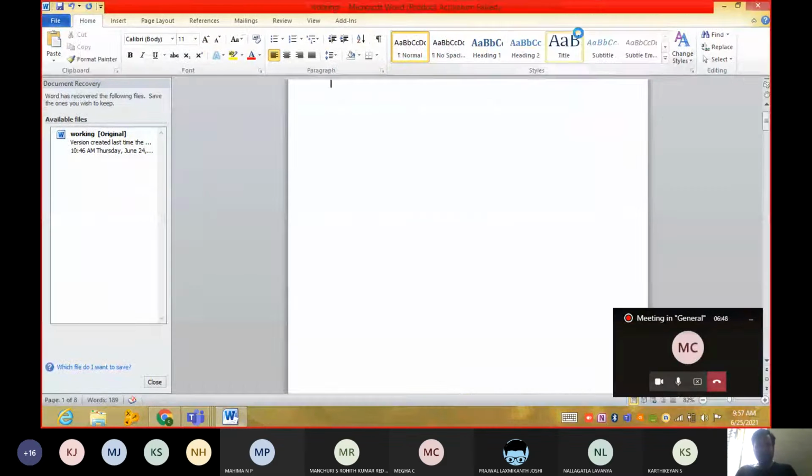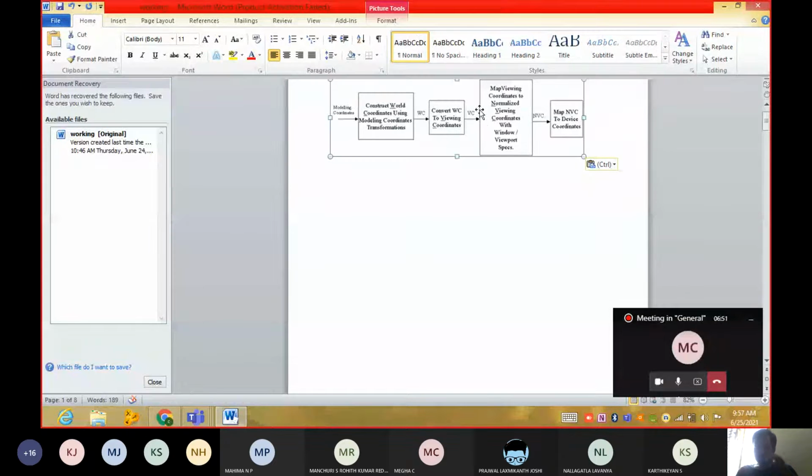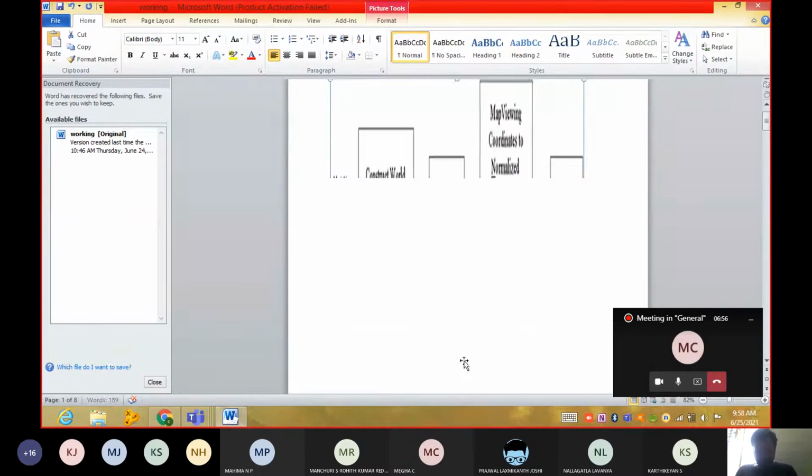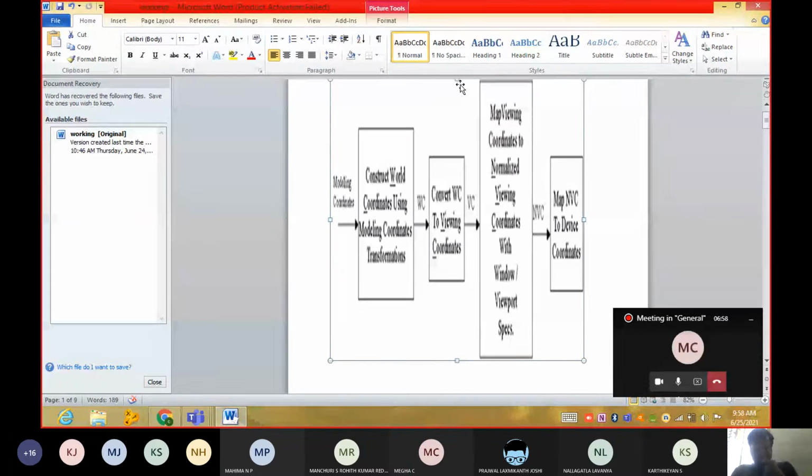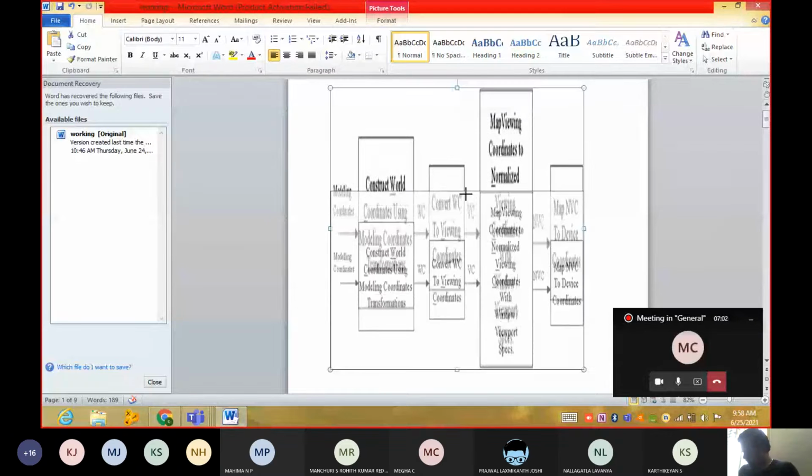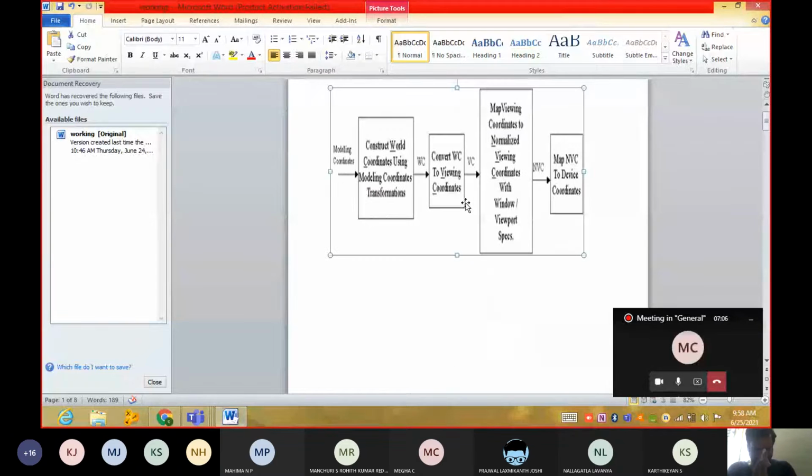This is the 2D pipeline, or 2D viewing pipeline, that we have. Guys, is the screen visible? Yes, sir. Okay, this is your 2D pipeline, guys.